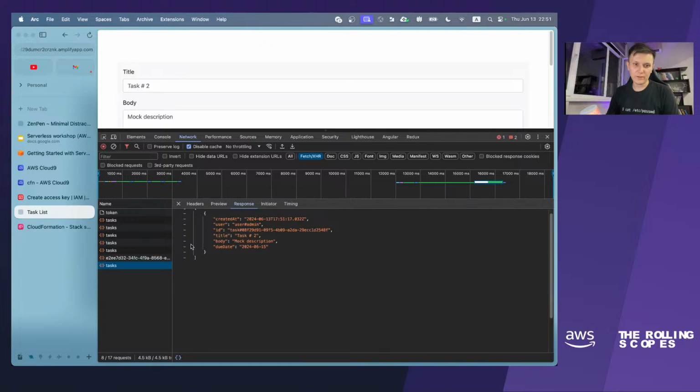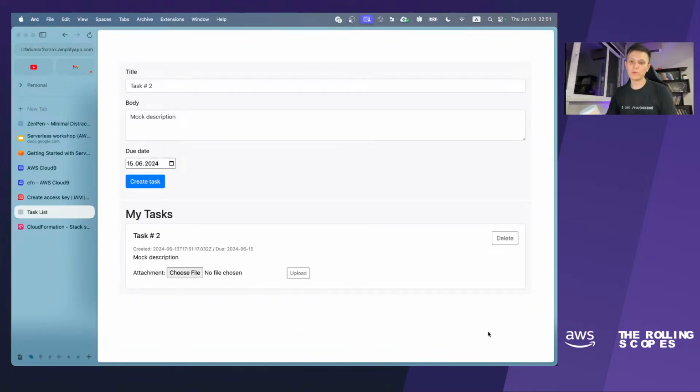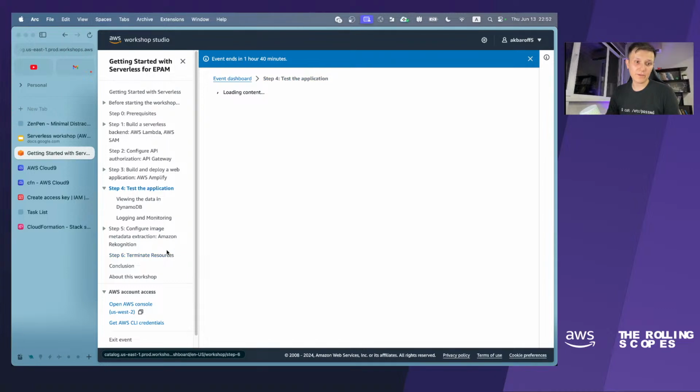But after a new GET request, we got only task number 2. We have successfully deleted task number 1. Okay, you can see that I am not only a lead software engineer, but I am also a quality assurance engineer. So we have successfully tested our application, and we can go to the next step.